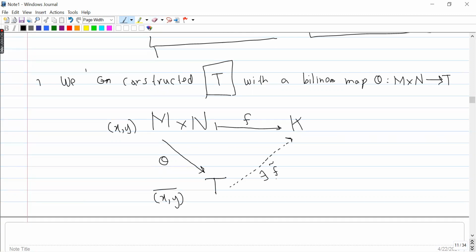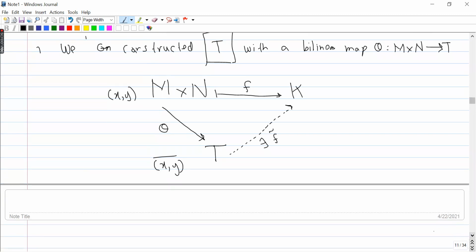So it is given that f is a linear map, and now we want to construct f bar. So this is very natural. If we are working here, just define f bar in this way. If you are working with (x, y), we can also take the image of (x, y) under f, which is here, and the image is f of (x, y). So here what do we do, define